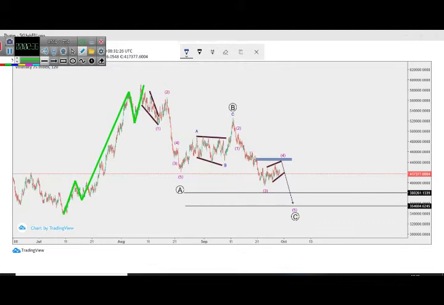Right, so we're supposed to have a correction around the 50% Fibonacci, and our 50% Fibonacci was here, and I indicated that, guys,